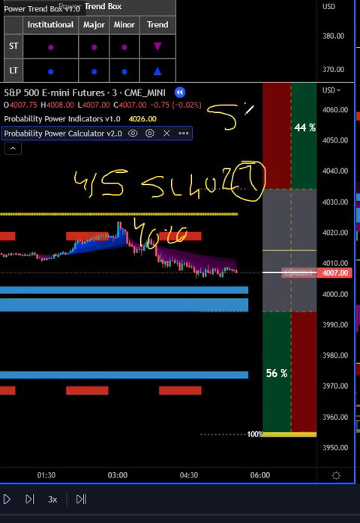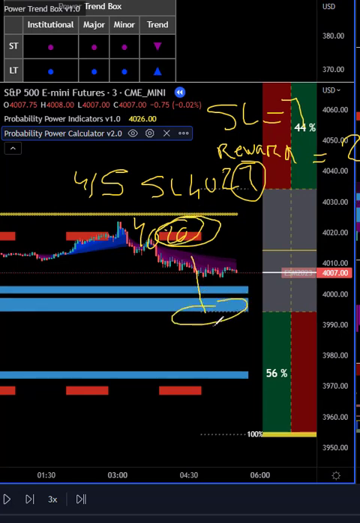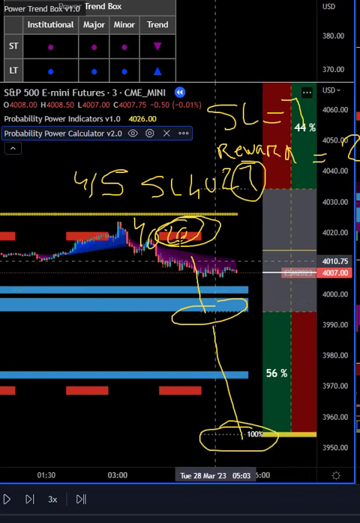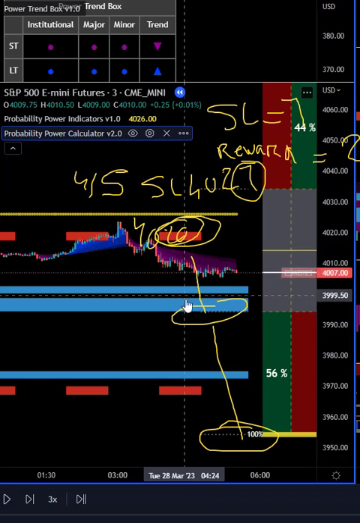So now I have a stop loss. So the stop loss is 7. Now I need to be in a position that my reward is at least 3 to 1. It needs to be 21 points. So I look at the space from entry here to the next edge here, then to the next space here. If I keep runners from here to here,